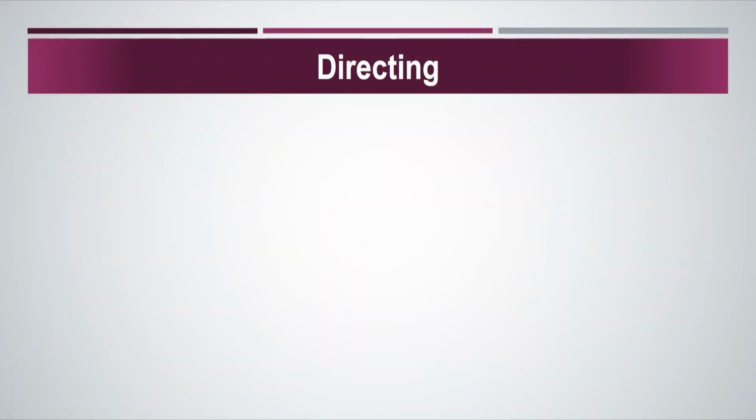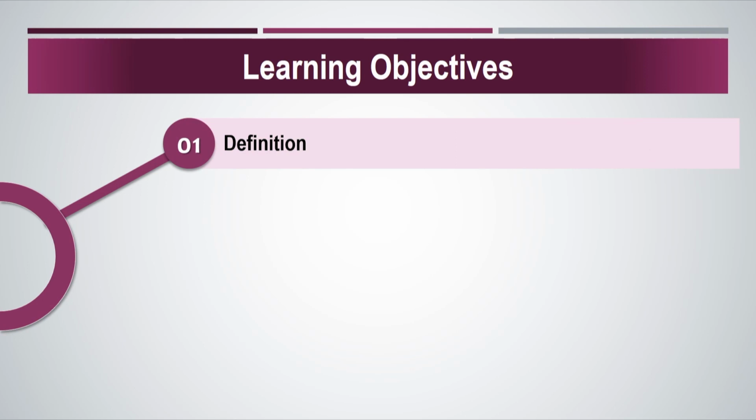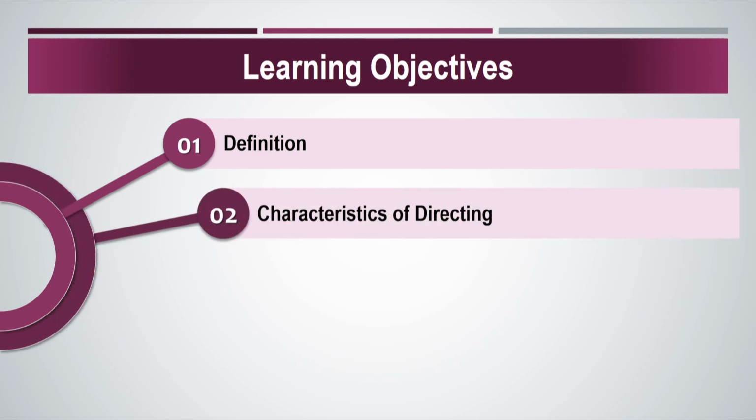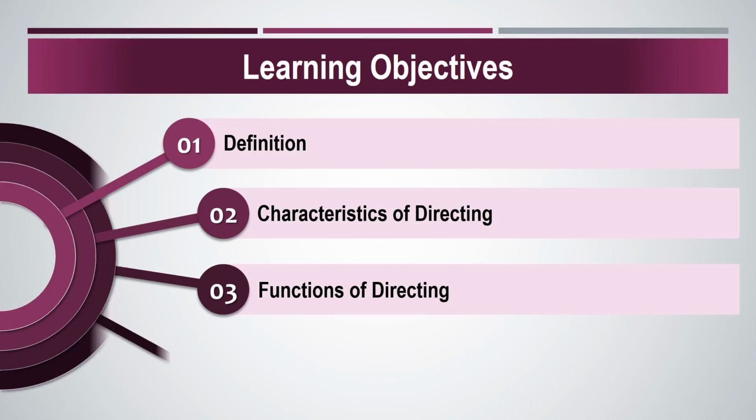In this session today, friends, we are going to talk on one of the very important elements of institutional management process, that is directing, which is linked with manpower. Directing gives a direction to the individuals to work in the right perspective. In this presentation, I am to talk about the concept of directing, characteristics of directing, functions of directing, and elements of directing. Let's start with the concept of directing.